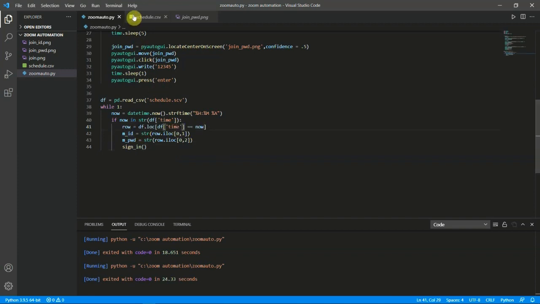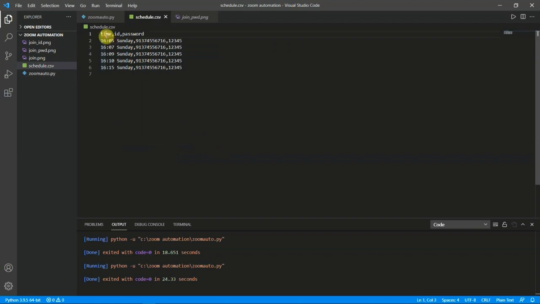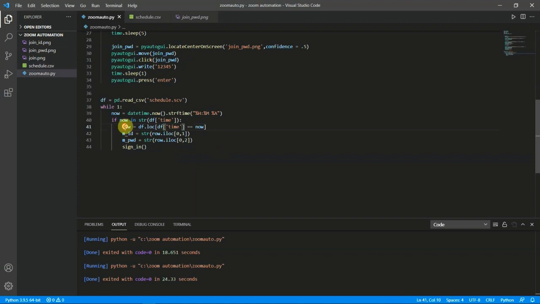We are checking the df time, this one. If any of this is equal to the current time, we take the whole row into this row variable. After that we initialize mid and mpassword with the values of row.